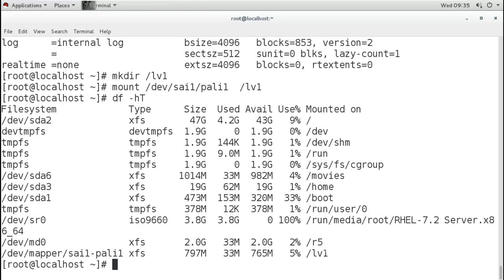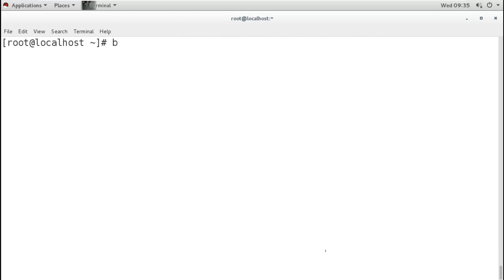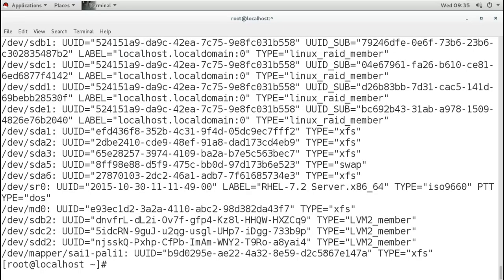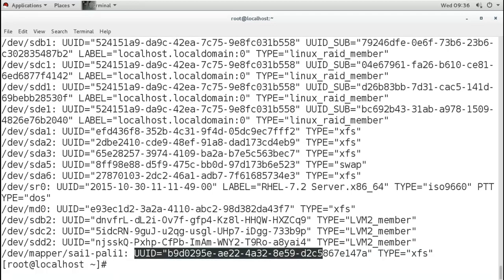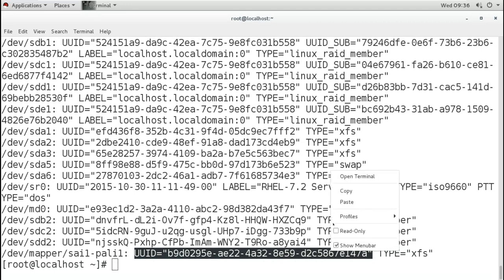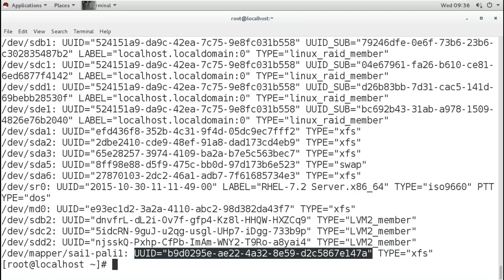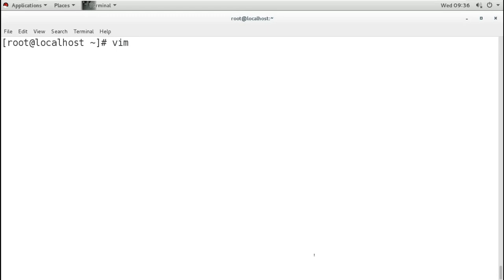Now it is not permanent, and if I want to make it a persistent mount, a permanent mount, then I will first get the blkid, and this is the blkid UUID of my LV. I will copy this, and then I will add it into the fstab file.